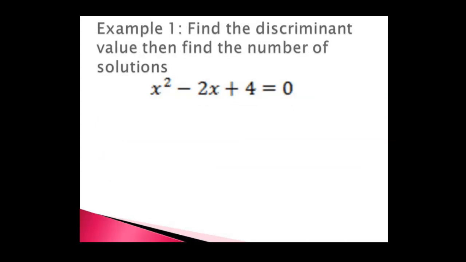So in example 1, you have a quadratic in standard form. It is set equal to 0. So if you want to find the value of the discriminant, you're going to take that b squared